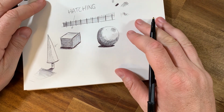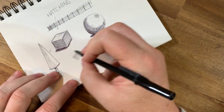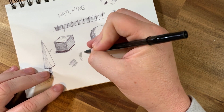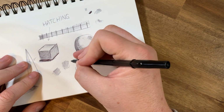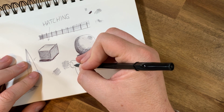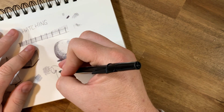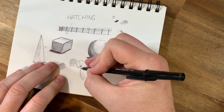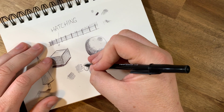So that's it for hatching right now. It takes a little bit of time. You can practice just by, I still practice. I just enjoy doing this and just hatching like this, and try out different hatching techniques. So curve them and then see what it looks like. Because sometimes you might have a shirt and you might be like, oh, that's a cool shirt. I'm just sketching, but I need to know that this is the underneath part. You might curl it here and then go horizontal here. Then you might be like, oh dang, I need this part here. We're gonna curl, curl, curl, curl, curl. And then instead of going horizontal, we're gonna curl it back this way. That might be for piping, it might be for,